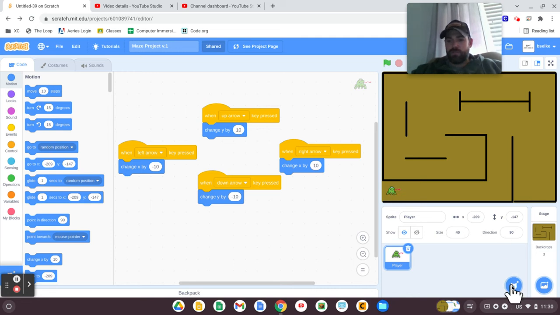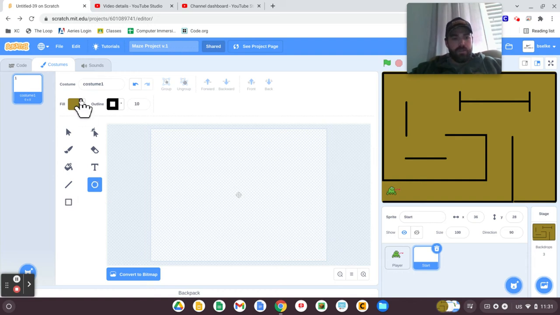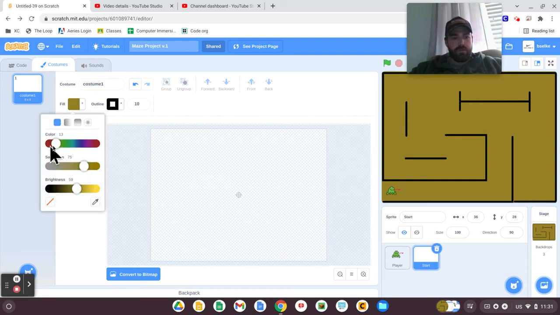So to get started, you're going to go to the sprite icon down at the bottom to choose a sprite, and you're going to click the paintbrush. The paintbrush allows you to go paint and make your own sprite. We're going to rename the sprite under the stage here to Start. Then, by choosing the rectangle or the circle tool or the ellipse tool and choosing a color, you're going